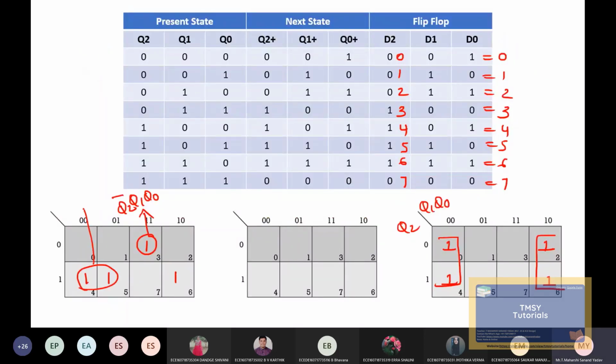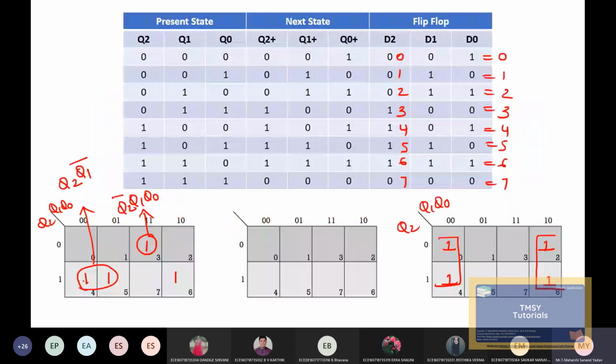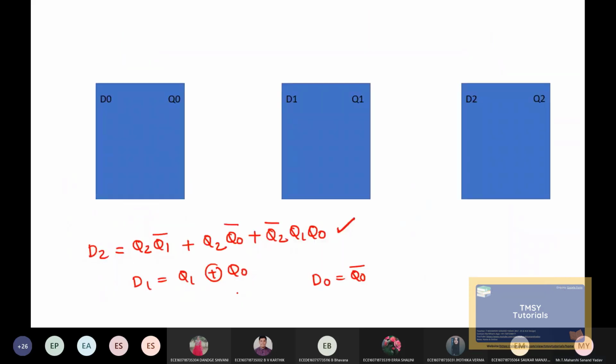Next, if I do for this, it will be Q2 followed by Q1 bar. So Q2 Q1 bar. Next, these last two. So it will be Q2 followed by Q0 bar. Q2 Q0 bar, right? Now after this, what we have to do is we need to draw the particular diagram for this.